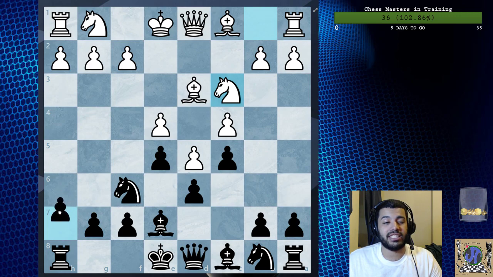Some people play h6 here, but you can wait till they play knight f3 or knight e2 to decide if you wanted to play h5 instead. So h6 or h5 are the case here. So let's say here,